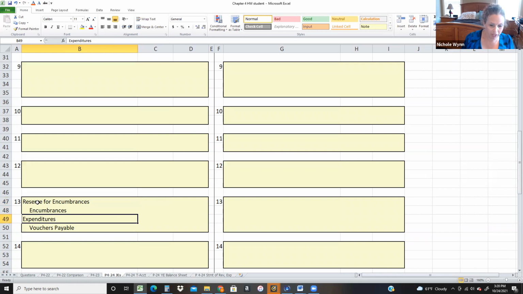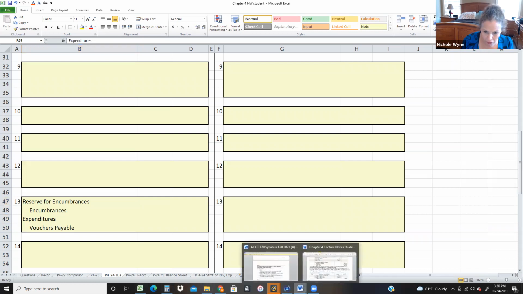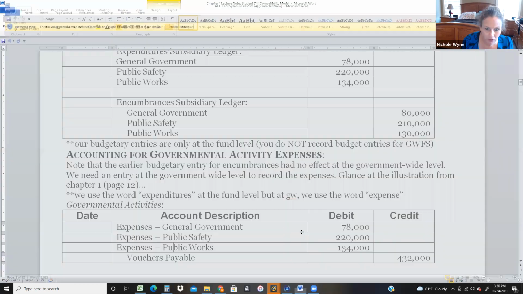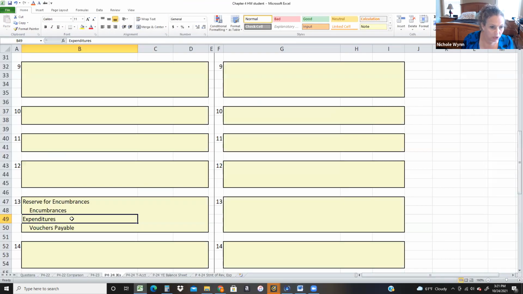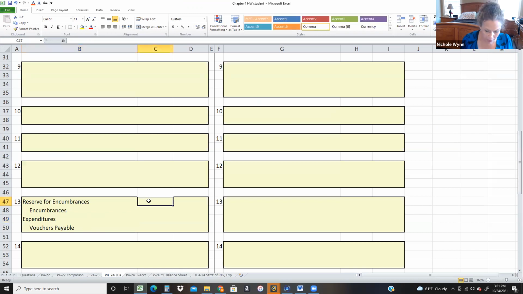Okay, so this should look exactly like the entry we just did in our notes. This is just the syllabus. Sorry about that. Okay, so what we have is reserve for encumbrances. This is the amount that we encumbered, and then this is the amount we expended. So exact same concept. So in number 13 of your homework, it says purchase orders that were encumbered at $1,988,040